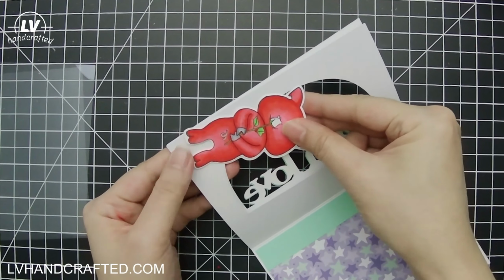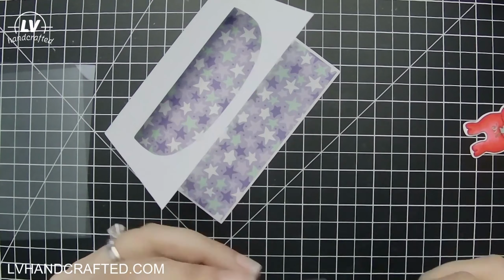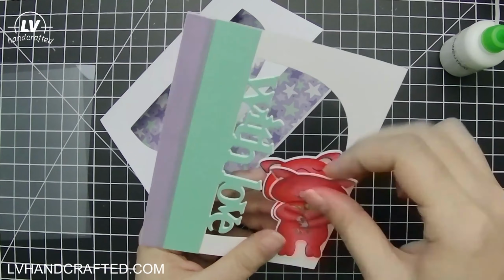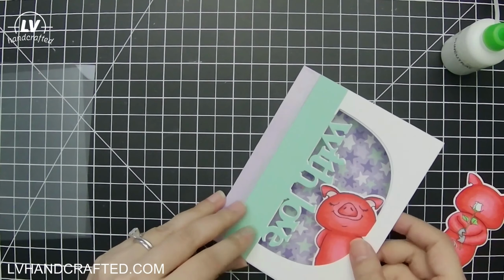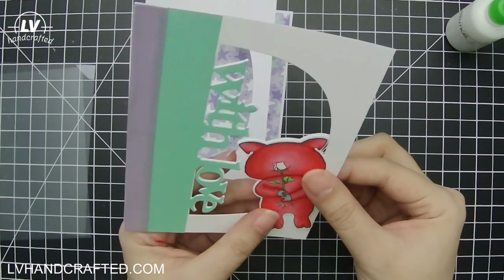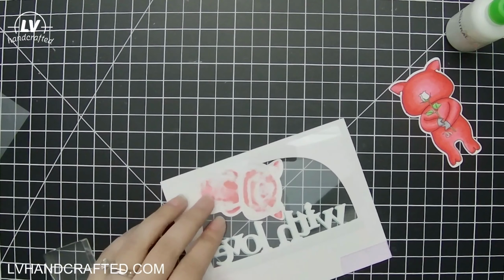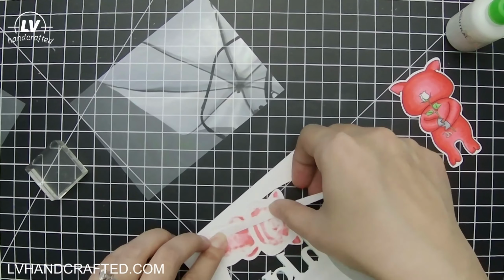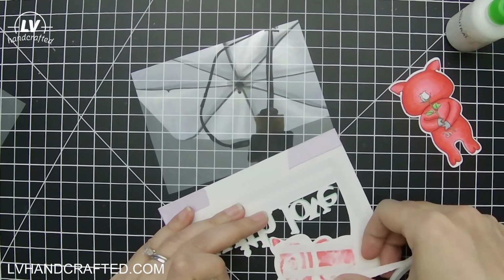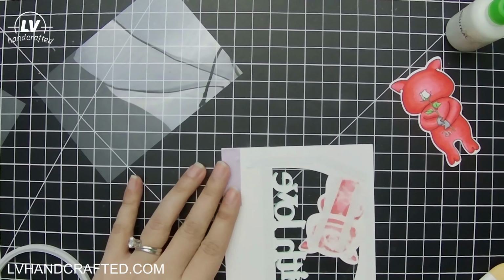And so here I am kind of using it sort of like a peekaboo, but not really. My first card, the flat card, I used it a lot like how you would use one of their peekaboo dies. But I am going to have him peek out of the corner here, and I'm just making sure that when I line up the backside of the piggy, that the backside will fit 100% on the card. So I've nudged him around until he fits, and then this is going to be a shaker card, so I'm going to add my acetate behind this window here,